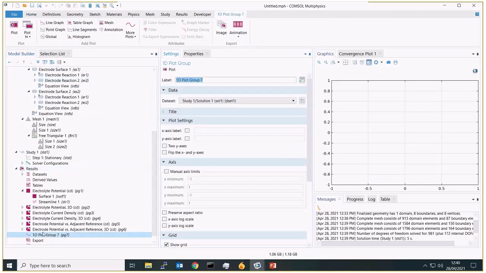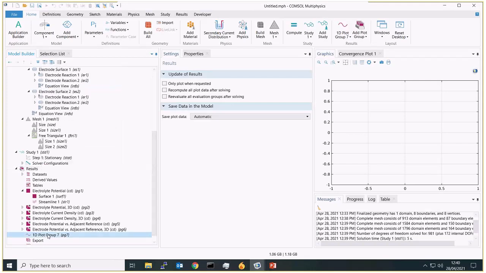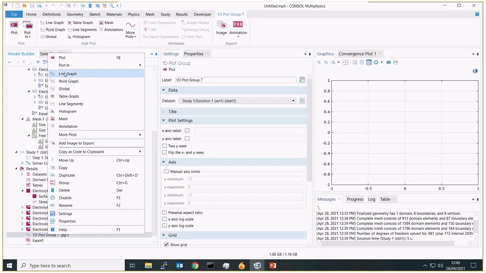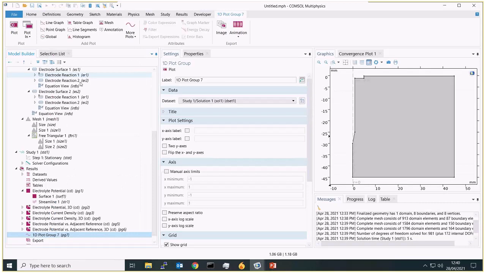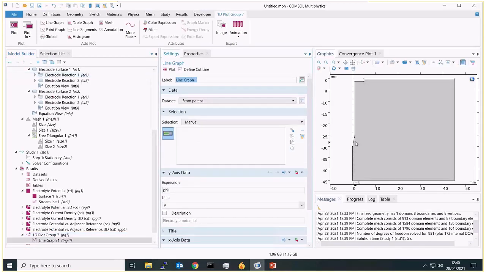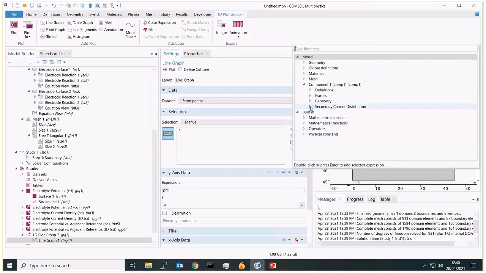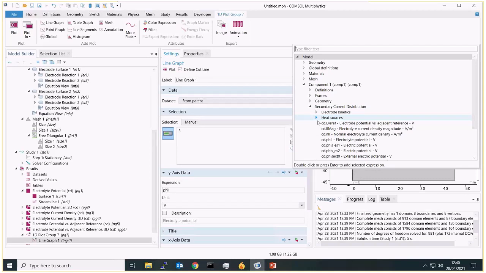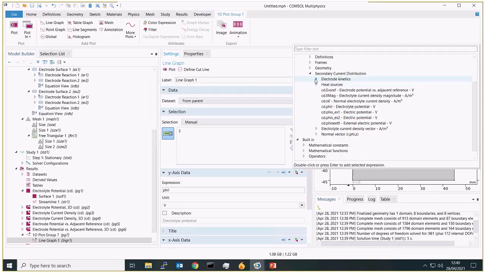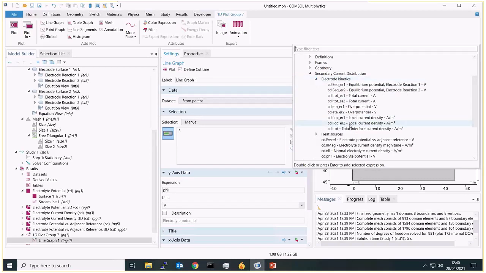Creating a 1D plot group allows us to make a 1D plot, and then I'll select a line graph, and now we can look at this boundary here where our iron is exposed. Then I'll just use the replace expression button to find the variable which we're looking for. So we're looking for an electrokinetic variable, and we're looking for the local current density for reaction 2.